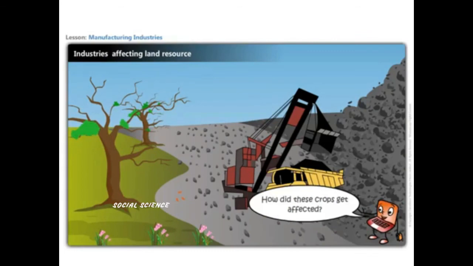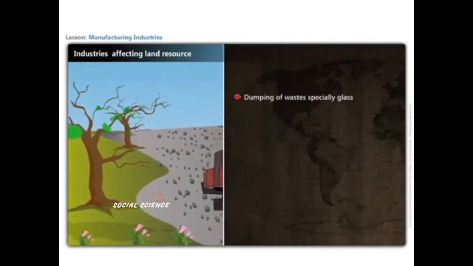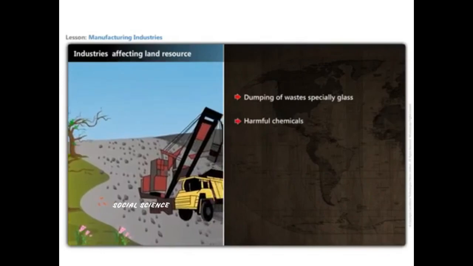How did these crops get affected? Dumping of wastes, especially glass, harmful chemicals, industrial effluent,